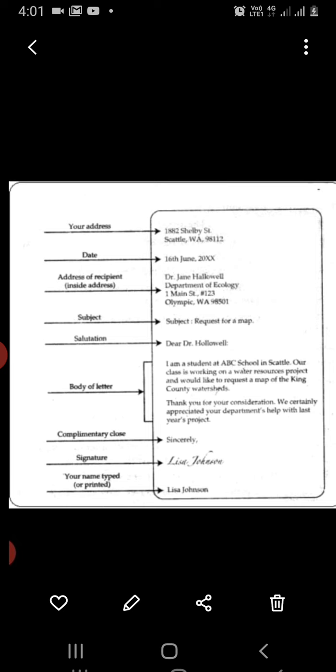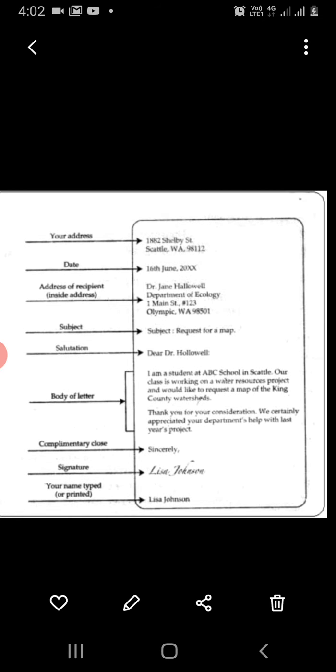This is the most common form. And in very formal letters, such as letters to very high dignitaries, you may use yours respectfully or yours obediently. If you have used a personal name in the salutation, then the subscription should be yours sincerely, without an apostrophe. After writing the complimentary clause, you have to write the signature. The formal letter requires your full signature. Below the signature, the name of the person and the position are written or typed. So this is the format of a formal letter. Now move on to the next.